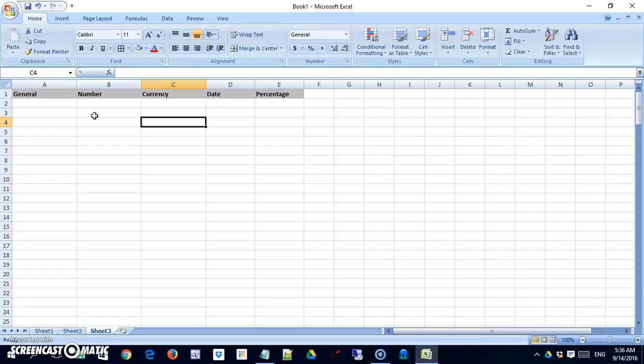Now, I have listed 5 very common data types up at the top. There are others, but I think for today, let's stick with the ones you're going to use most frequently, and then we can talk about the others as we encounter them. Some of them can be tricky. Okay, so general is just you type text,